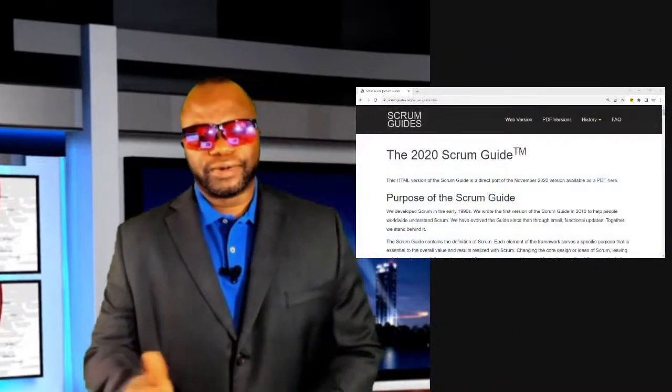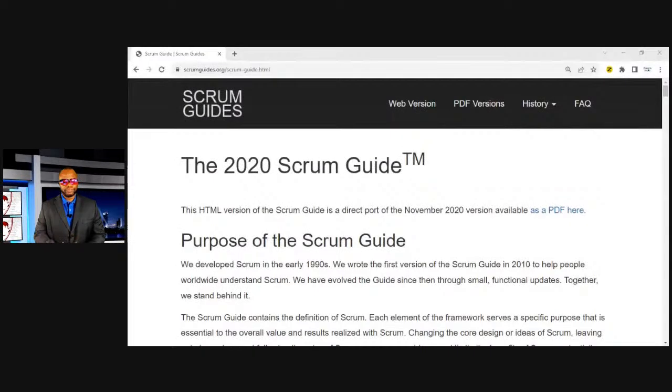In the very beginning, I showed the Scrum Guide, which you can see on the screen. The Scrum Guide was put together by Ken Schwaber and Jeff Sutherland. This is the 2020 version. What I said in the beginning was the Scrum Guide has been put together to help us understand the 353 configuration: 3 roles, 5 events, 3 artifacts.